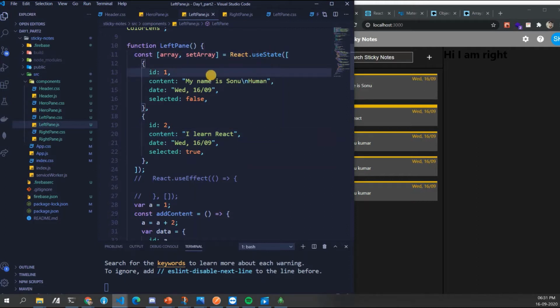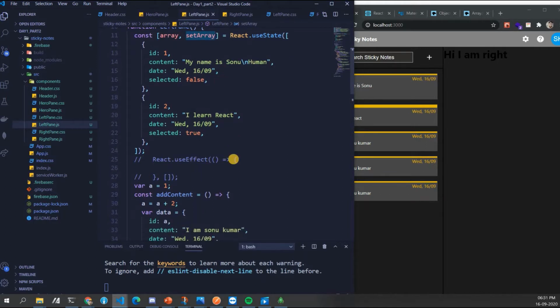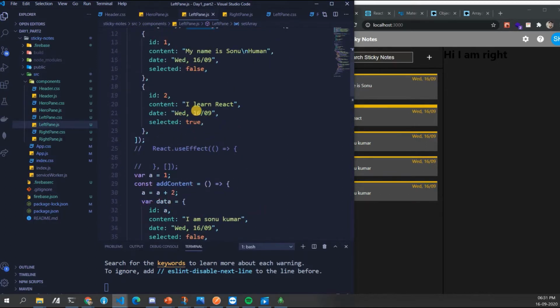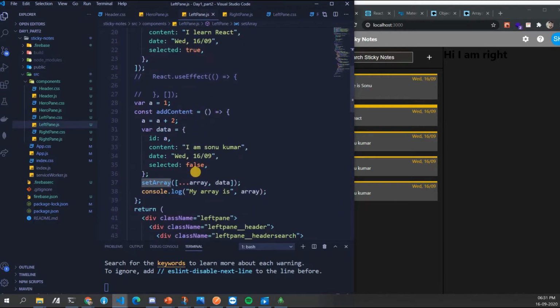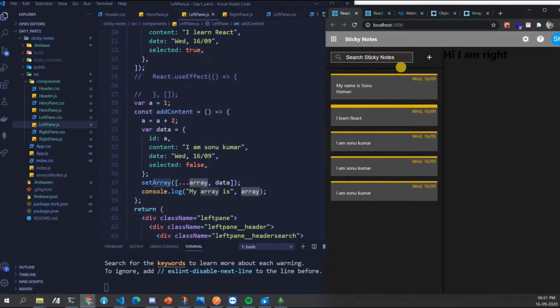I told you it is immutable, but with the help of any hook we can change. So React.useState is your hook. Set array is that part from which this array can be changed. Okay. So when we did set array, this data dynamically popped in into this particular container.